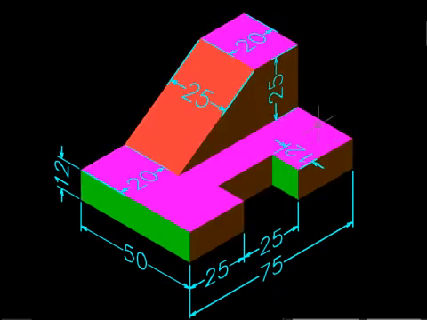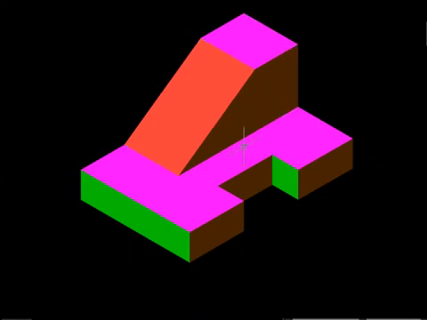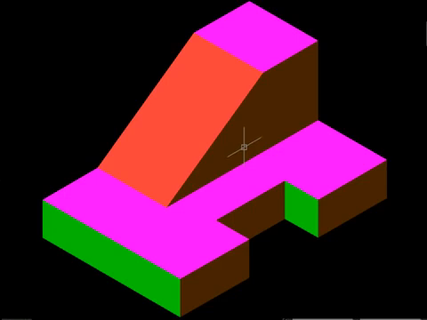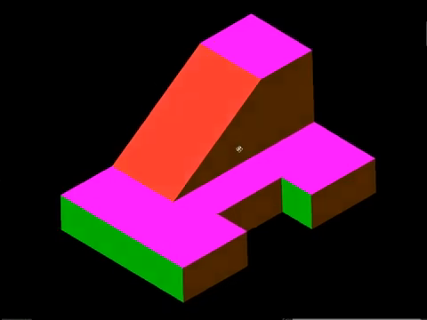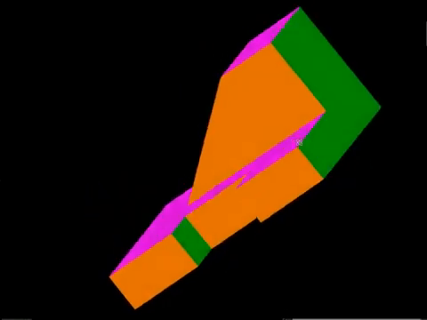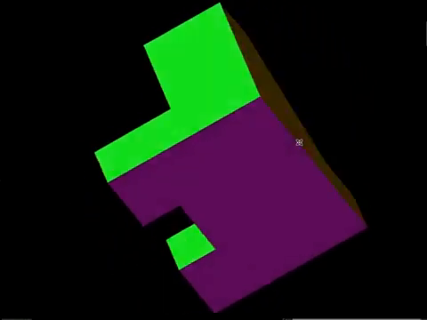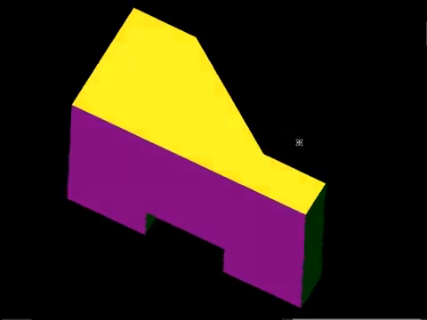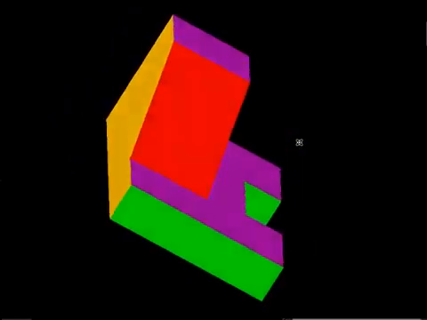The purpose for which these colors have been given will become clear when I draw the front view, side view, and the top view one by one. Now let us hide the dimensions for a while and just have a look at how this object appears in different directions. I'm rotating the object at a little lower speed so you can see which different faces are there at different sides.